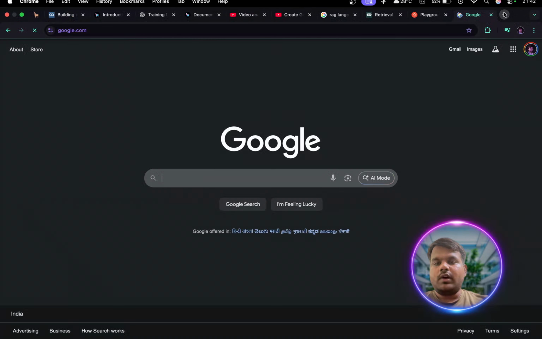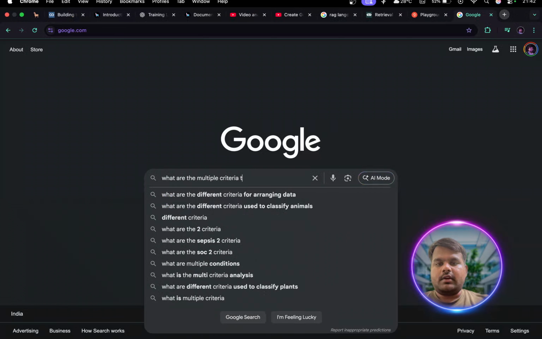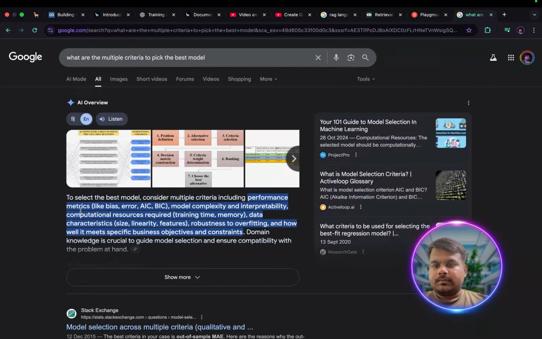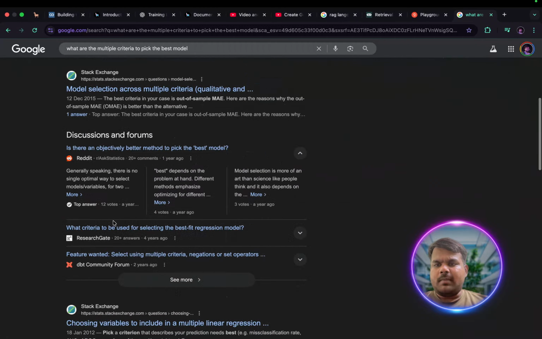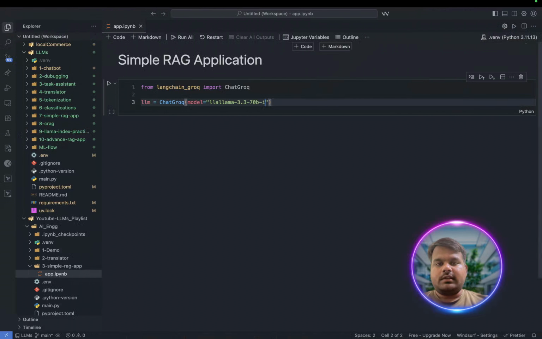You can simply Google it. What are the multiple criteria to pick the best model? Metrics, like there are several performance metrics, and tokens are also very necessary. For example, if I take a simple instant model, it has a very small context window size. Context window means when it parses the sentence, it has just a smaller window where it